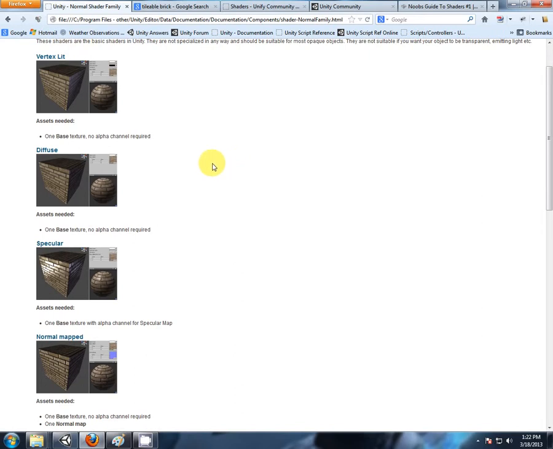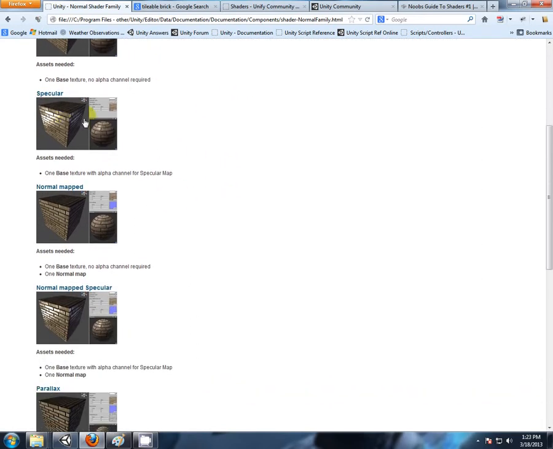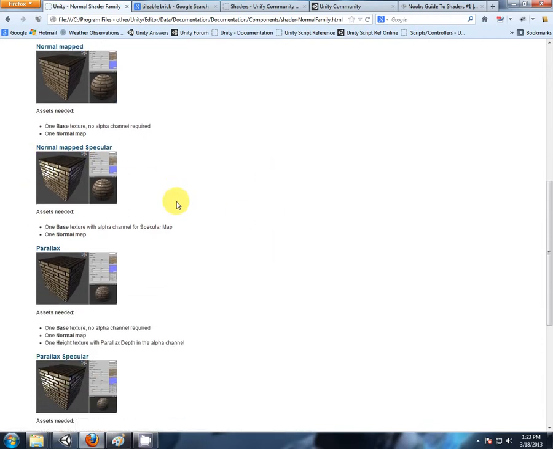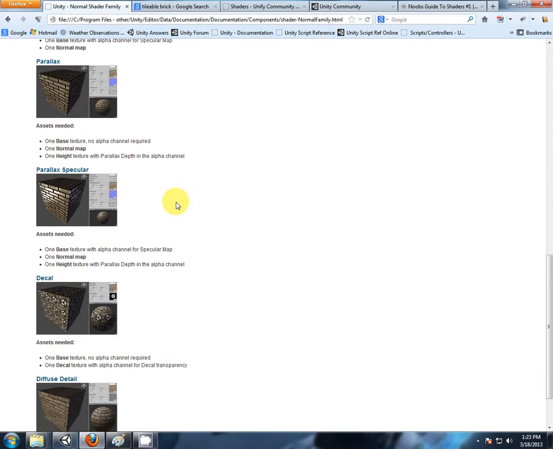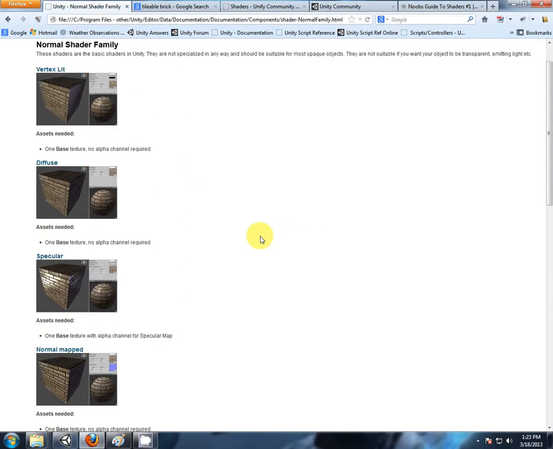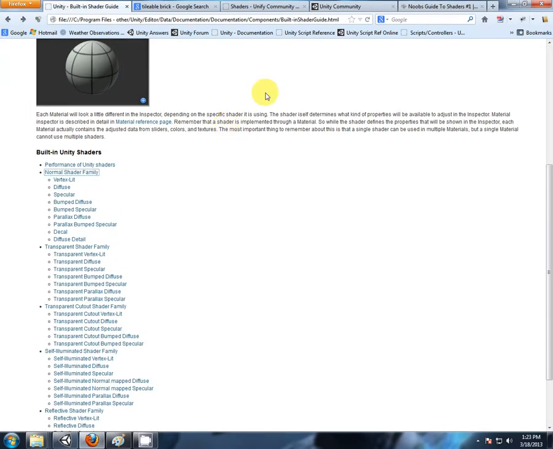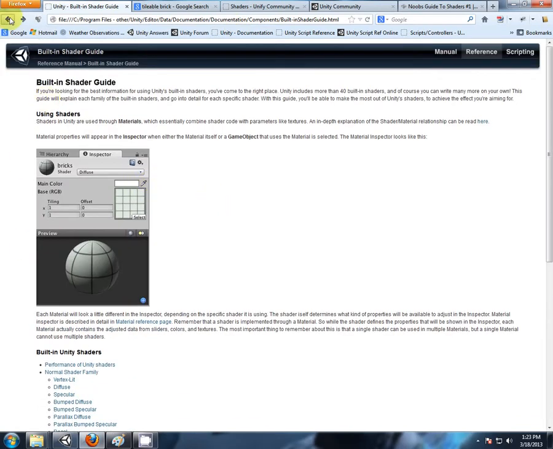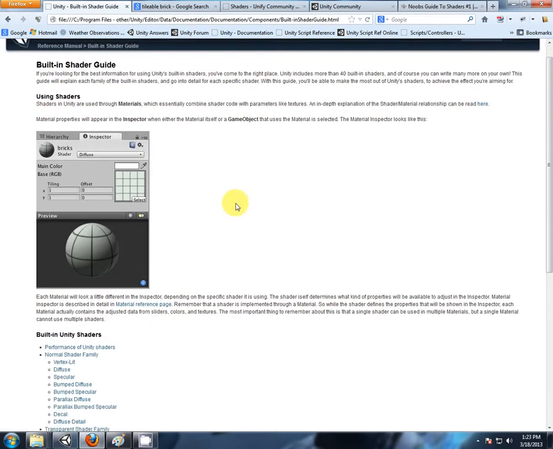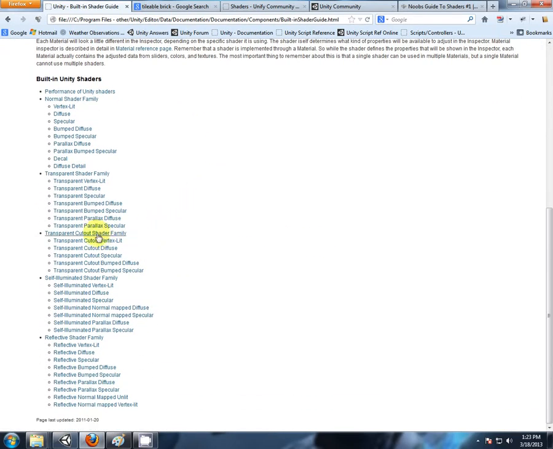There we go. All the different types of shaders available to Unity. And you can see what kind of effect will happen to materials based on the shaders that you use. Okay, so just to wrap up on shaders, if you're interested in shaders and maybe there's something in the Unity default shaders that you can't really use or it's not quite suitable,